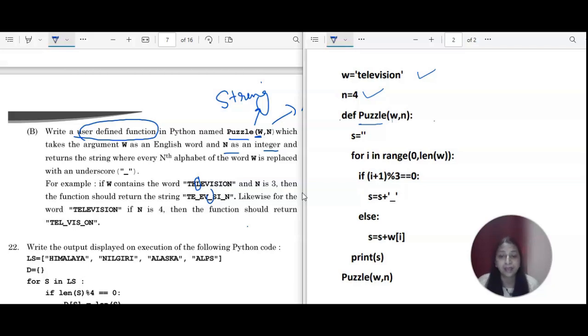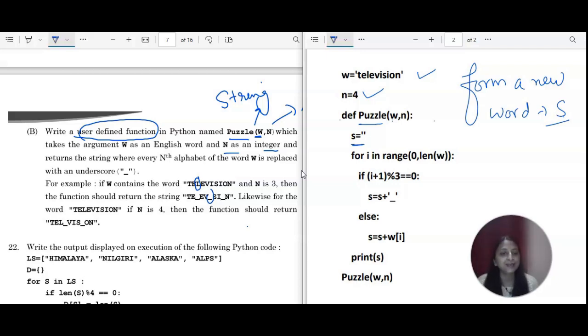And you please check, as we have to actually extract all the characters. The third character we will replace with underscore, and the rest of the characters will be the same only. So I am going to form a new word, and that new word I have taken as s. s is of string type, so you could see s is equal to single quote. I have just initialized it with a single quote without any space, so it is an empty string.